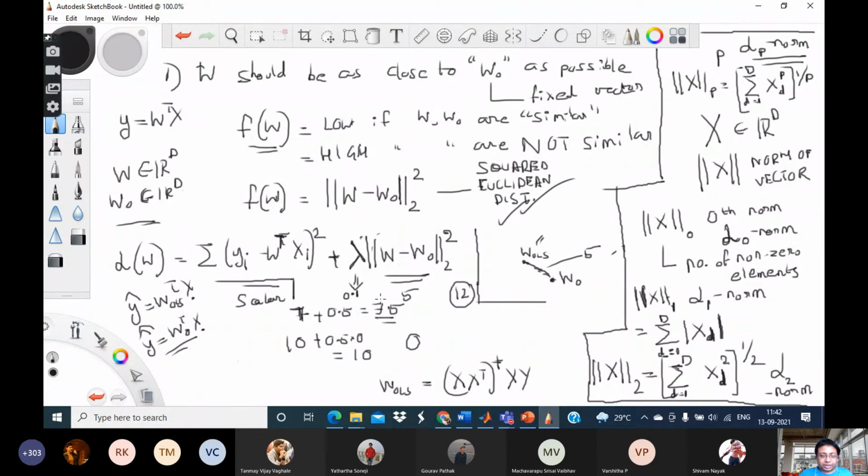Okay, so in the first case, if I use lambda equal to 0.1, then for W_OLS my value is 7.5, and for W naught my loss is 10. So clearly in this case, I will go for W_OLS only. I will choose W_OLS over W naught. Why? Because although my structural error came down to 0, the loss I made in the other part is more than what I can afford, right? So that's why I decide yes.